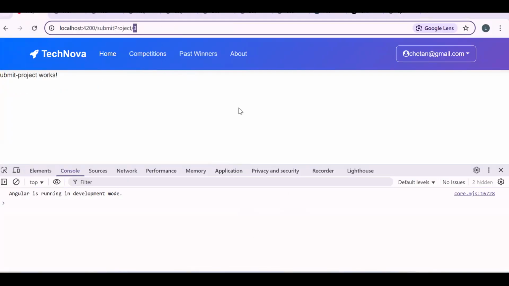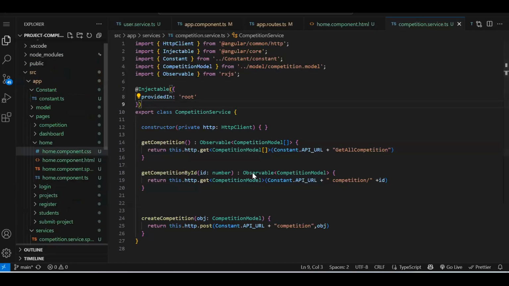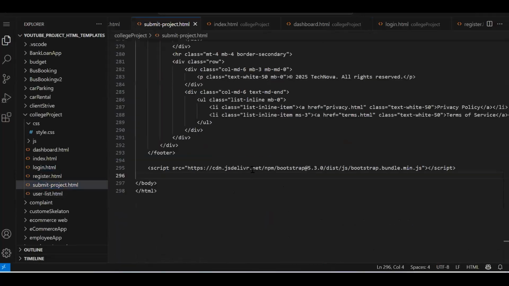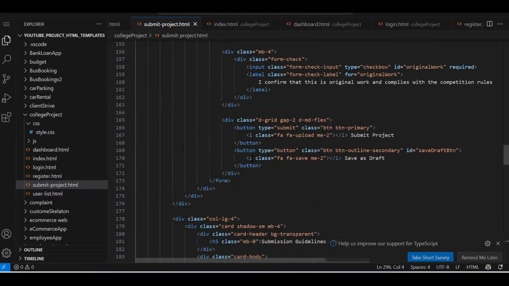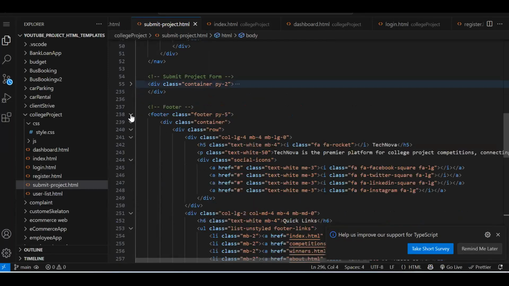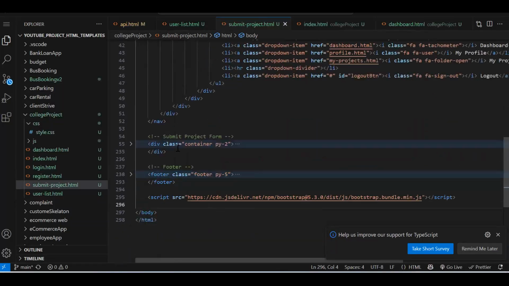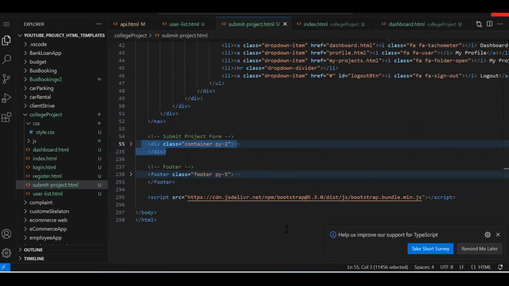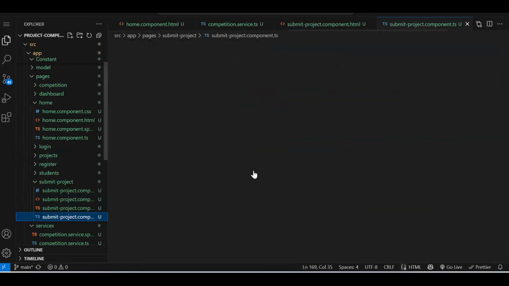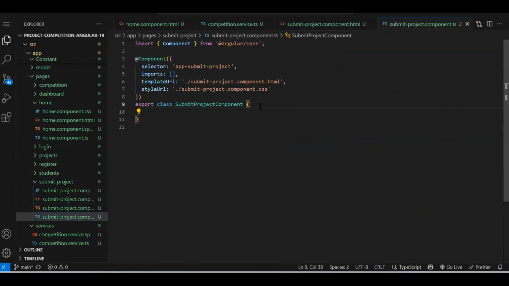Now in Angular, whenever you have to read the query parameter data, okay, let's just get the UI also. Let me just get the UI of that submit project page. Submit project. This is the page. Let me just get the UI. Let's copy. This will go over here. Right. Now, in this component, while navigating to it, we are going to have a query parameter in the URL. So we need to read that,